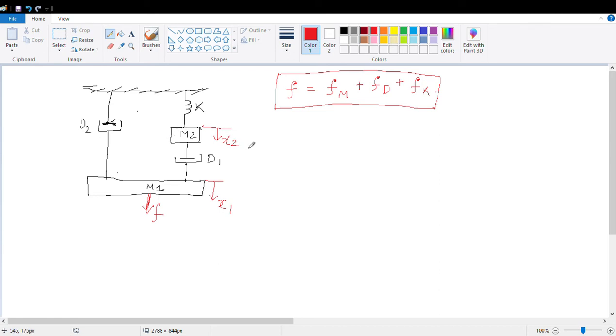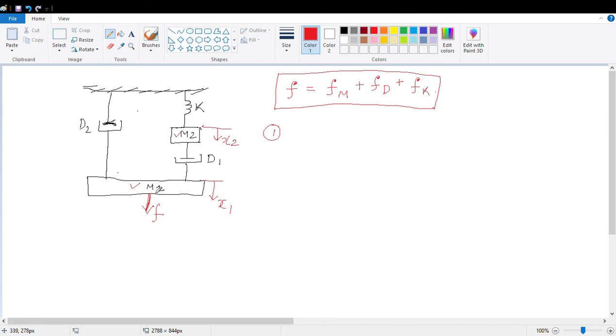Now how are we going to do the mathematical model? First thing you will remember, the number of masses will give you the number of equations formed. So what is the first rule? Rule 1 is you check how many different masses are present. Here two masses are present, M1 and M2. So you will get two equations, one for this mass and another for this mass. We will do the first mass first.